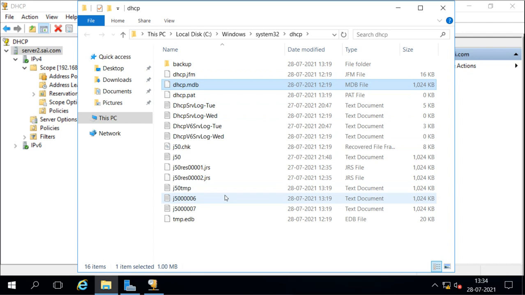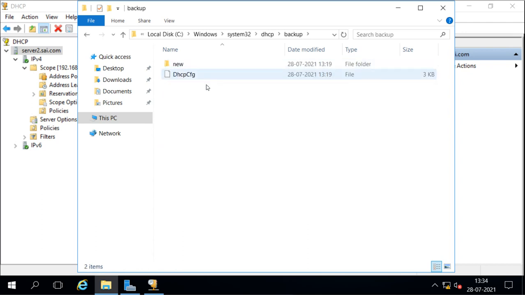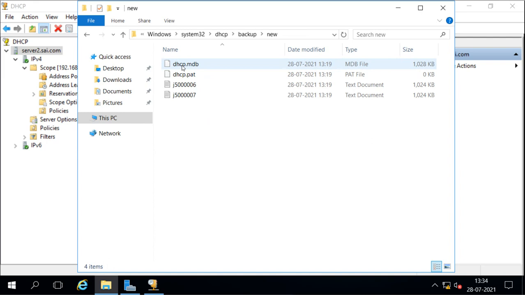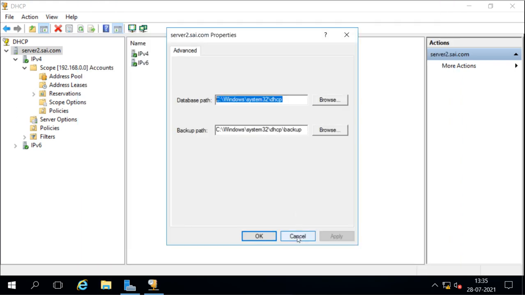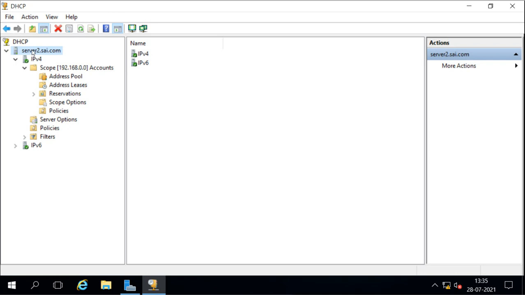And when we take the backup, it goes here. Right now there is a backup for this new file here. So there is one backup here already. Why? Because it takes the backup every 60 seconds automatically. Now if you want to take the backup right now, then what you will do, you will right click it and you will take the backup here,